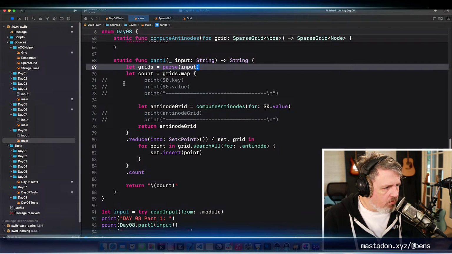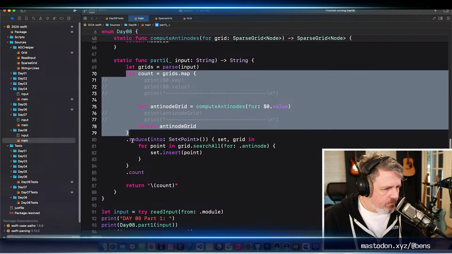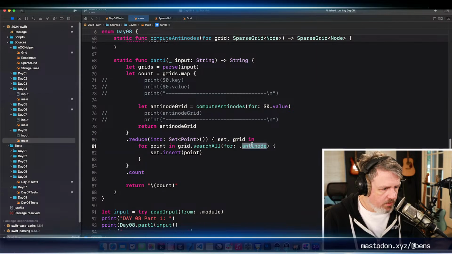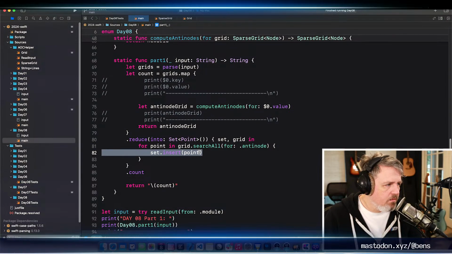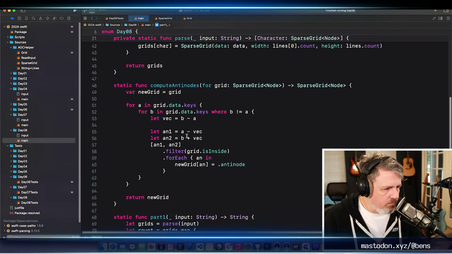So we're taking all the grids that we have, reducing them into all antinode points, and inserting them into the set, so we shouldn't have any duplicates. All the antinode points should be inside the grid because we filter it here.